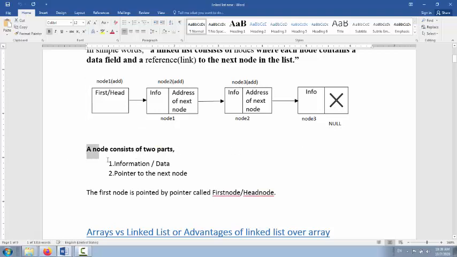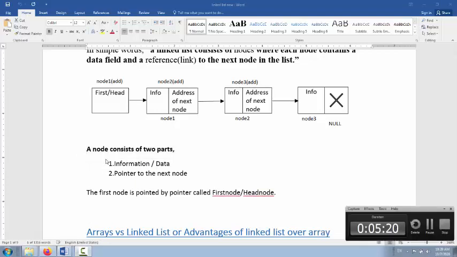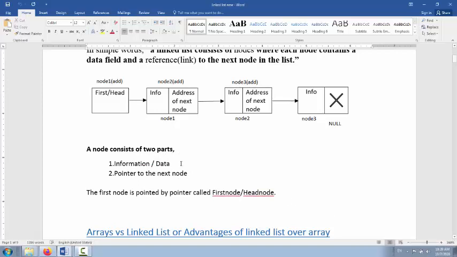Now we can say a node consists of two parts that we previously saw. The first one is the information part and the second one is the address part. The information part can contain any kind of data, like employee name, employee number, employee code, employee salary, employee address.